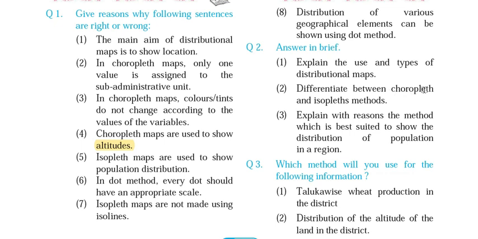The choropleth method is the method which is based on different color tints. So we are using a single color and its various shades to represent the distribution of varying amounts of any particular quantity. And in the case of the isopleth method, we are using black and white patterns, hatches or square-like structures, dot-like structures, or we are using the isolines. So this is the major difference between the two.